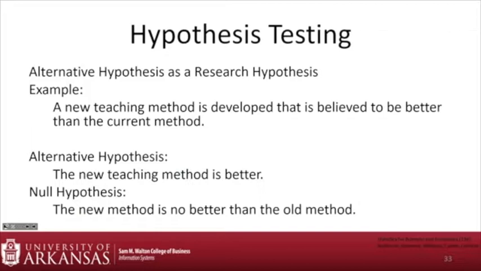Okay? So if we were going to test this by using the average test score, how could I write this in symbols? Because you guys seemed to like symbols earlier. So if I'm going to talk about a mean, this is the mean of my new method. Start this way. The mean of my new method and the mean of my old method. If one's better,